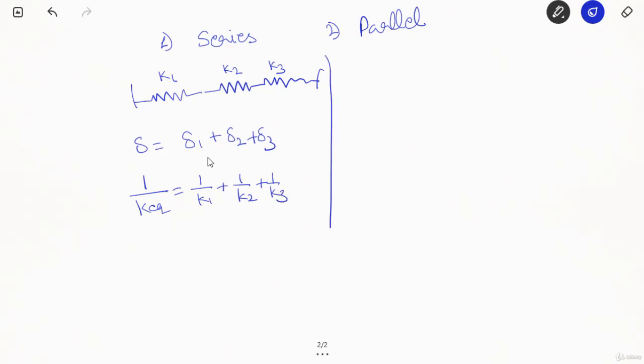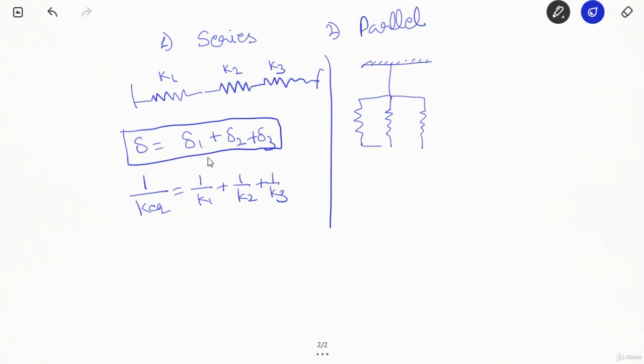So this is the fundamental equation which characterizes the arrangement in series, right? Similarly, if we talk of parallel arrangement, it would be something like this: 1, 2 and 3, right? Now, if a particular load is being put over the system